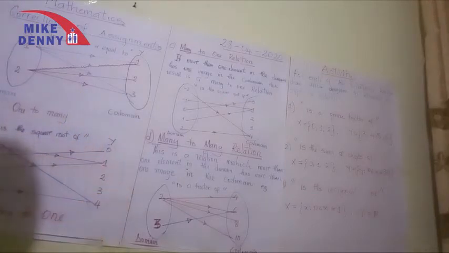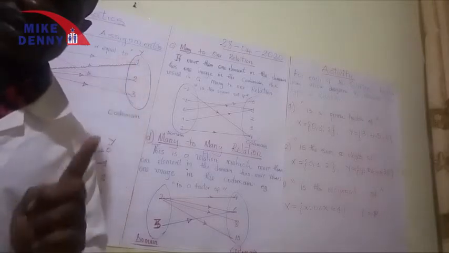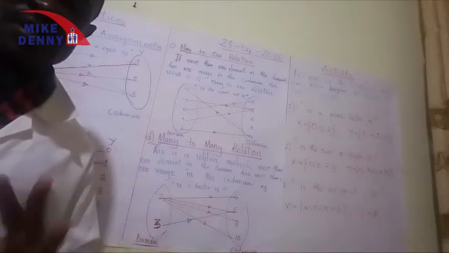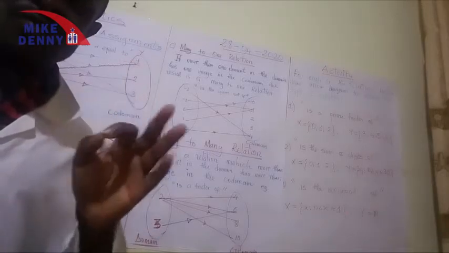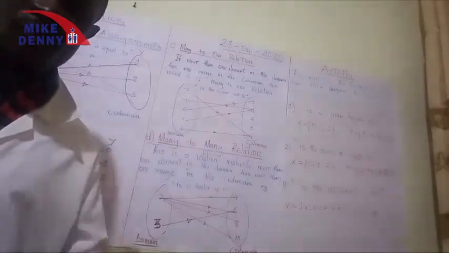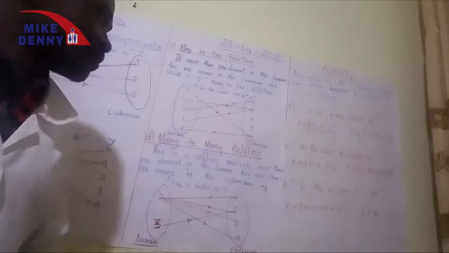The square root of any number has two values, plus and minus. For example, the square root of 4 is plus or minus 2. The square root of 16 is plus or minus 4. So when it says square root of, there must be two answers, plus and minus.